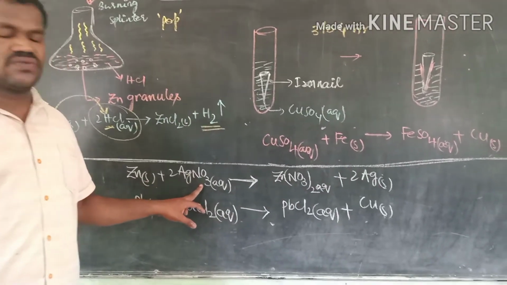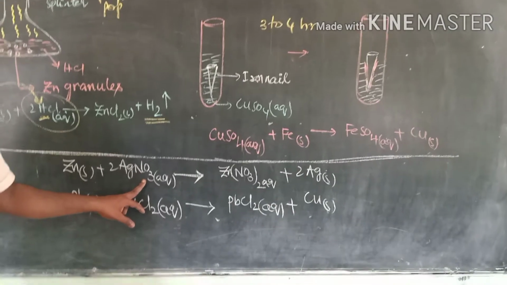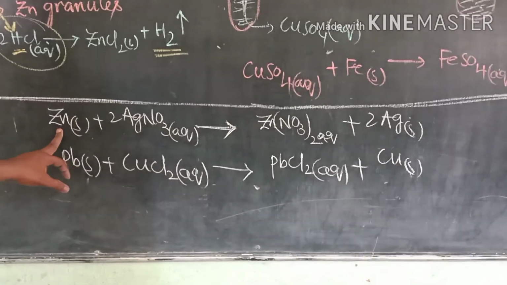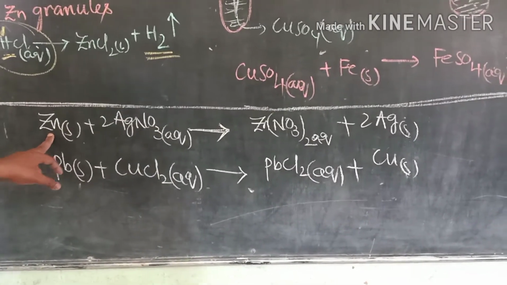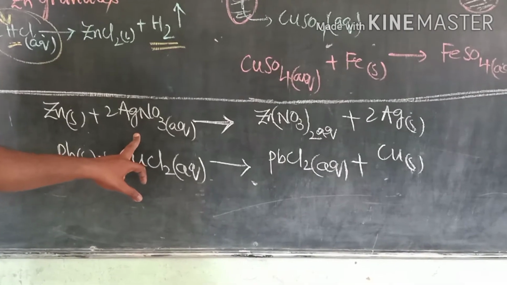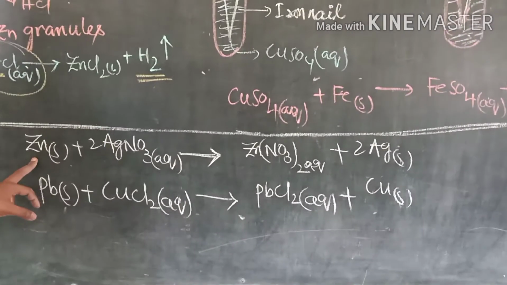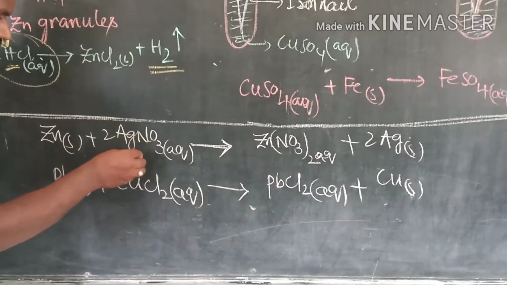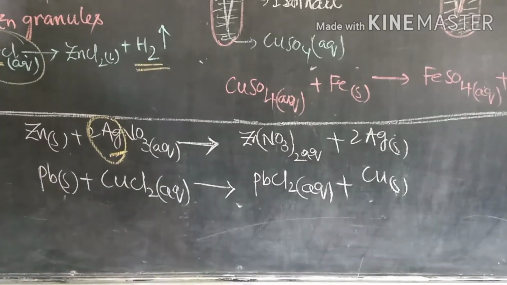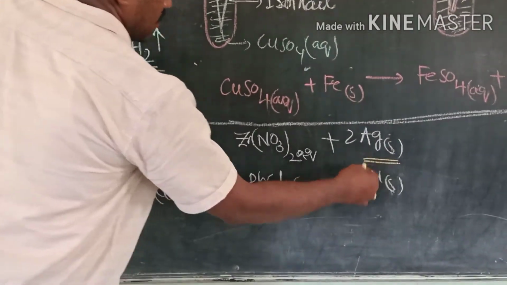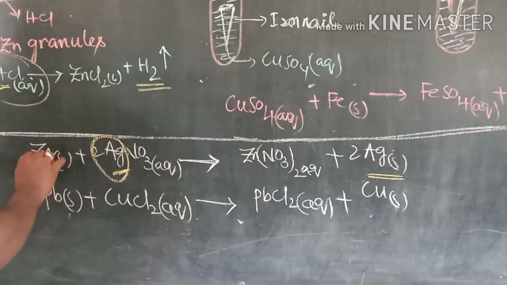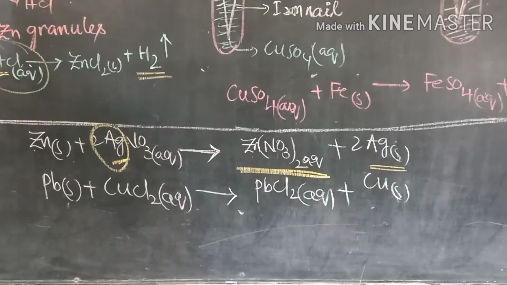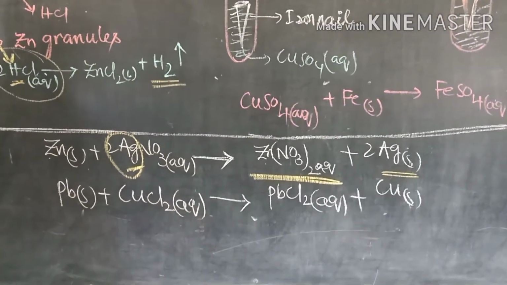Here AgNO3, silver nitrate, is an aqueous solution. First of all, we take the AgNO3 solution in a conical flask, then add a few grams of zinc, because zinc is a solid. Then what happens? Silver is a low reactive element when compared to zinc. So the highly reactive zinc displaces the silver from AgNO3. Then what is left? Silver comes out. The place of Ag was displaced by zinc. Now what solution is formed here? Zinc nitrate is formed. This is an example of a displacement reaction.